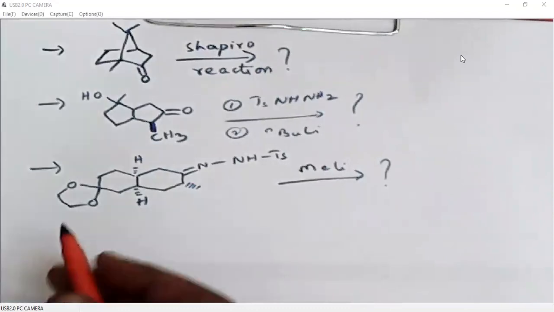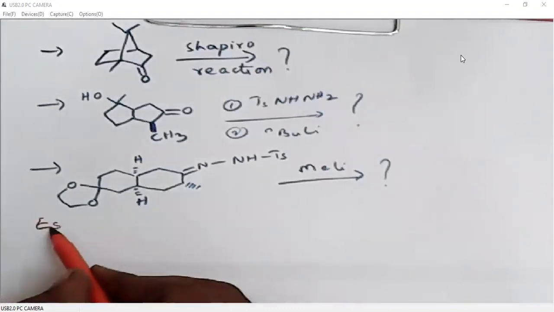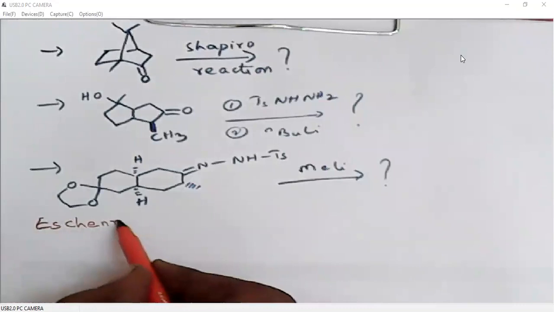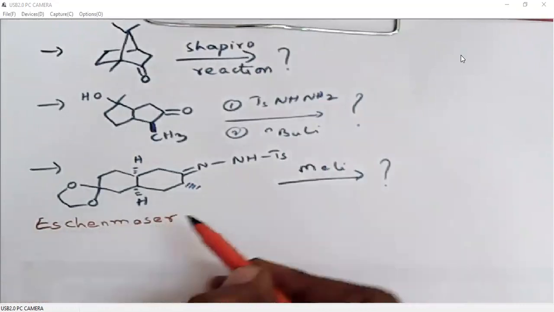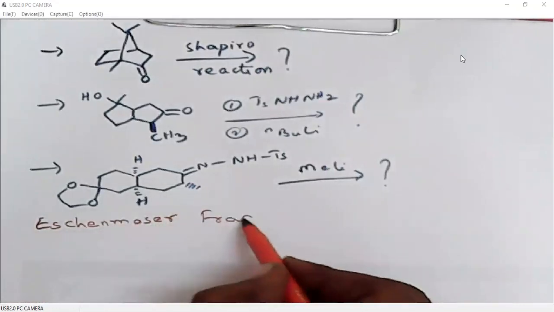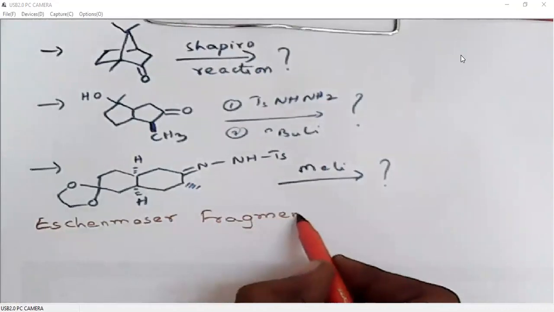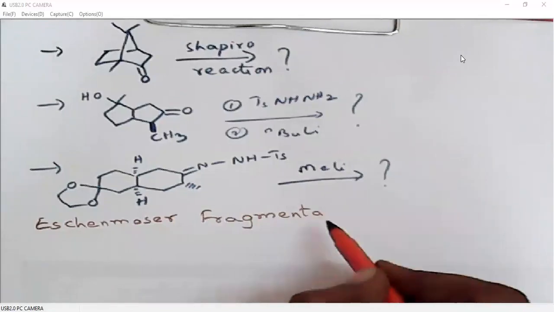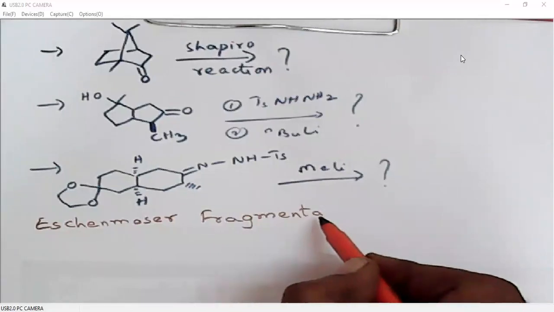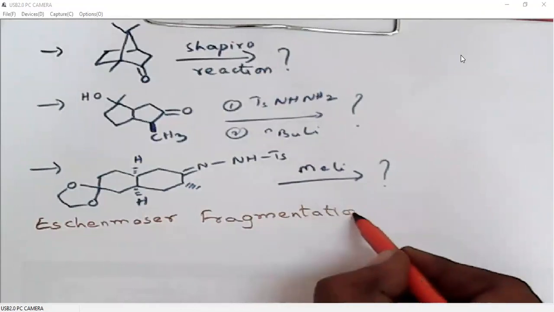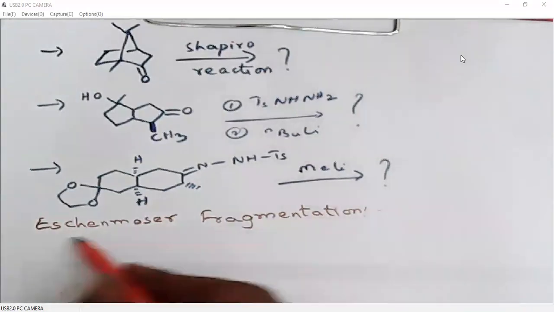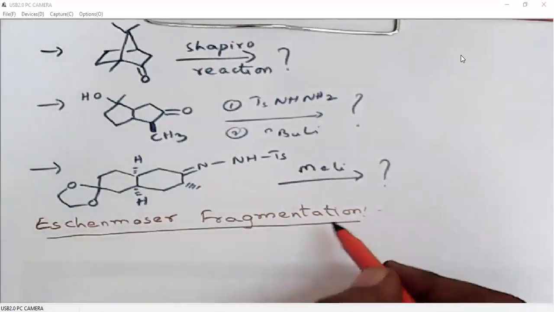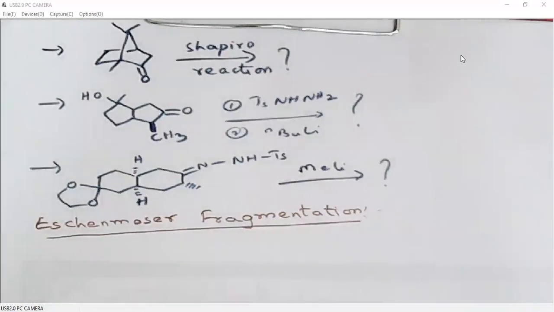Okay, now we will see Eschenmoser fragmentation. What is Eschenmoser fragmentation? The same Shapiro reaction conditions, when we use it on an epoxide alpha to a carbonyl. When we apply Shapiro reaction conditions, that means tosyl hydrazine and a base, and an epoxide next alpha to a